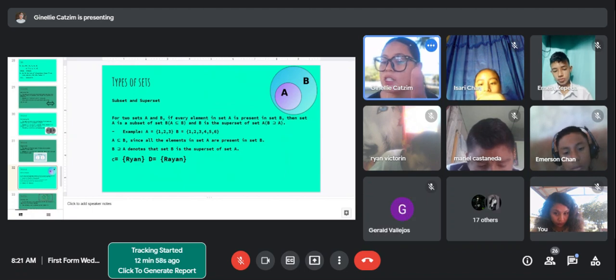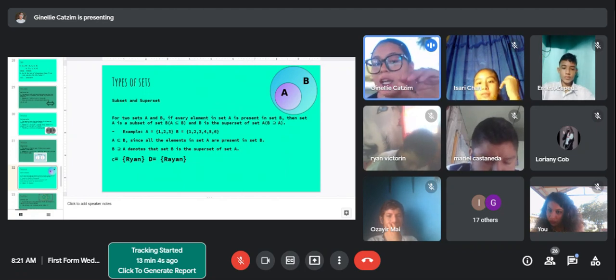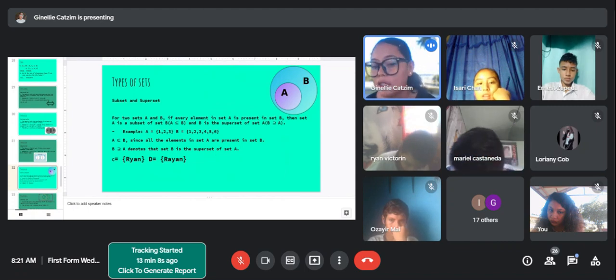Yes. We are not seeing only one element. We are seeing all the elements in that set, right? That are present in set D also. So